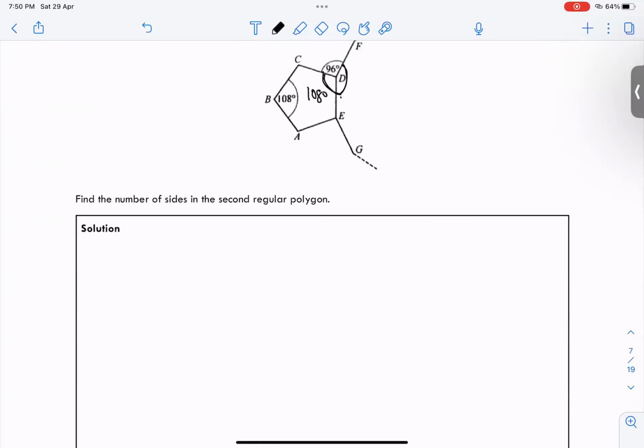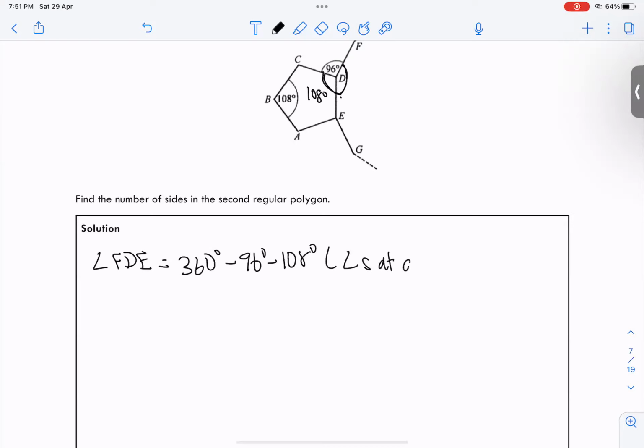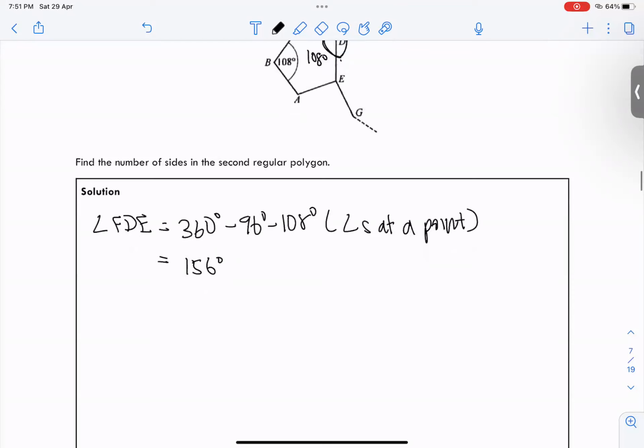Angle FDE. Let's do 360 degrees. This one is just angles at a point, very simple. 360 minus 96 minus 108 degrees. Then write your reasoning: angles at a point. Then you get 150 degrees. Over here,